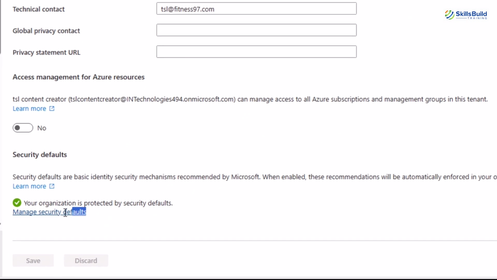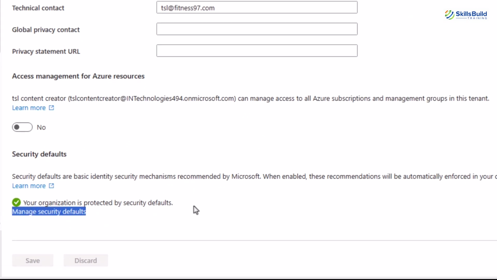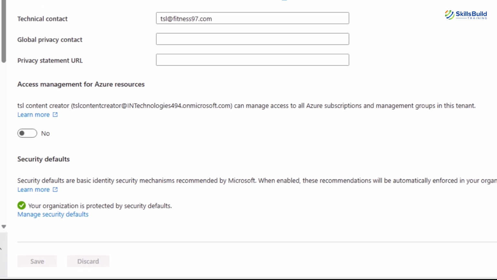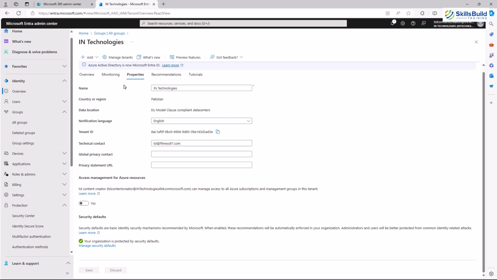By enabling security defaults, your organization will benefit from protection measures such as requiring all users to register for Azure multi-factor authentication, blocking legacy authentication protocols that can be used to bypass authentication protections, and requiring administrators to perform multi-factor authentication. These defaults are designed to ensure that your organization has a baseline level of security in place without having to configure each setting individually. It's a good practice to enable these settings, especially if you don't have specific security configurations